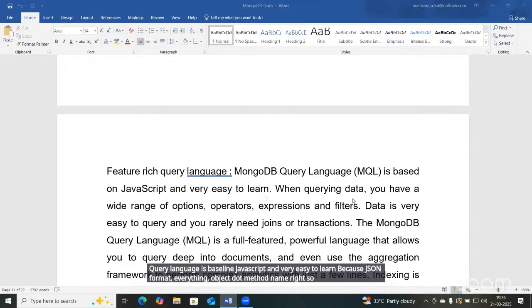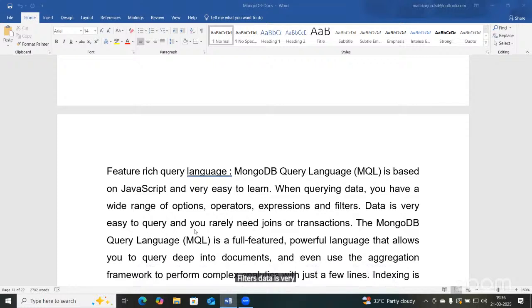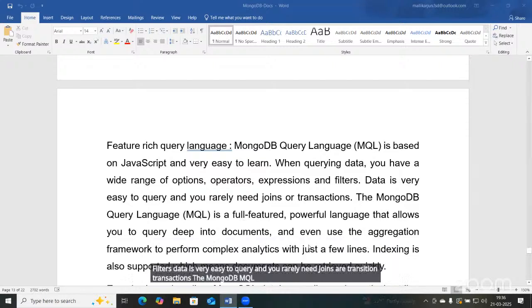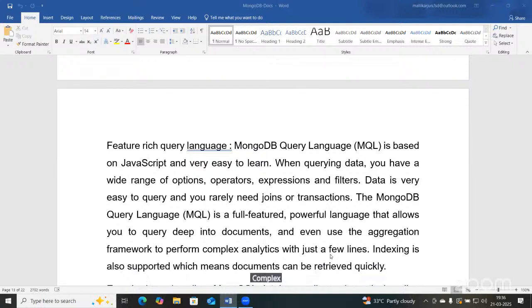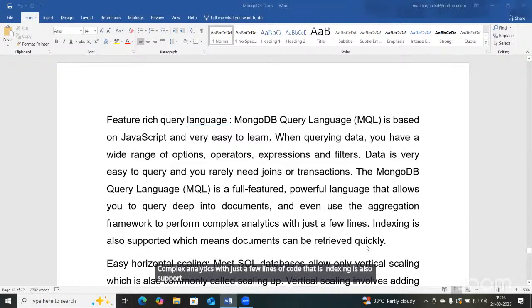When querying data, you have a wide range of options, operators, expressions and filters. Data is very easy to query and you rarely need joins or transactions. MongoDB MQL is a fully featured, powerful language that allows you to query deep into the documents and even use the aggregation framework to perform complex analytics with just a few lines of code. Indexing is also supported, which means documents can be retrieved very quickly. The next one is